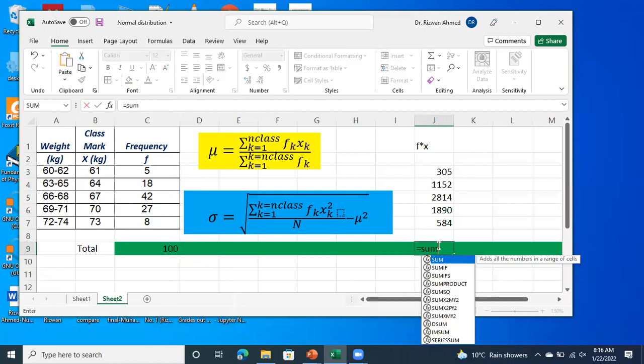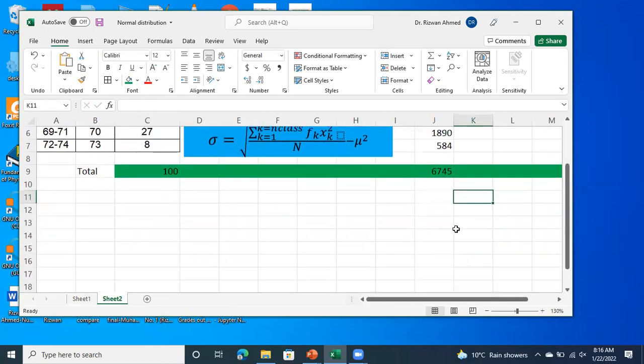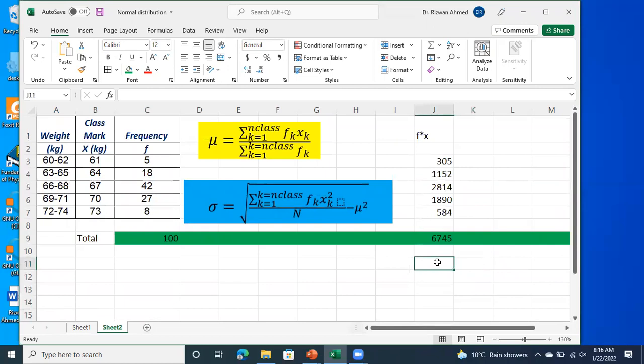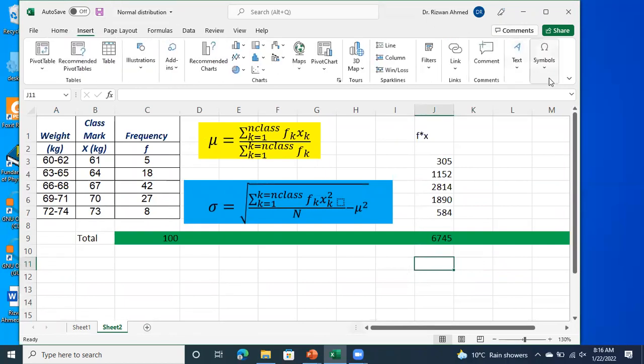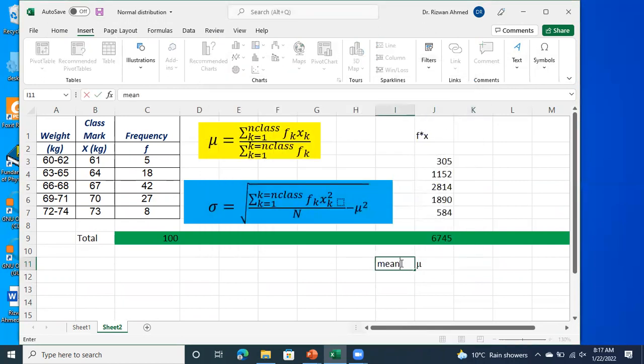And similarly here, summation would yield the summation of the product f times x, and the calculation of mean now. The calculation of mean is the mu value. So mu value, this value would be equal to the sum of f_k x_k divided by the total frequency, which is at